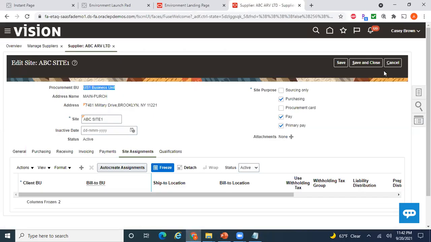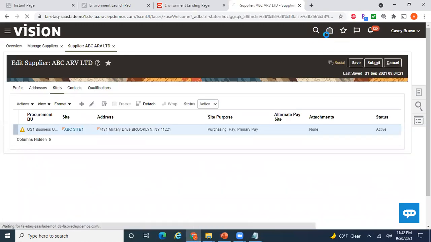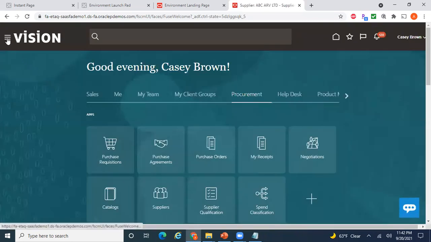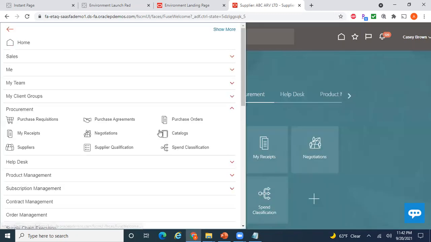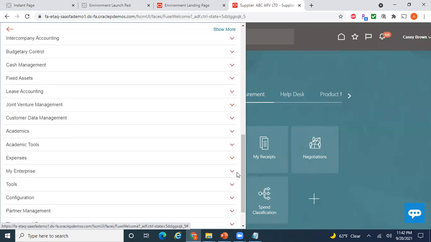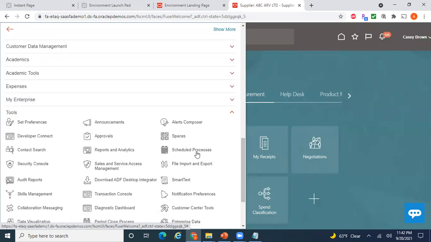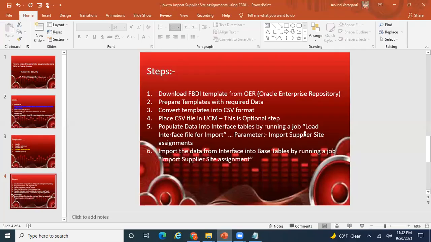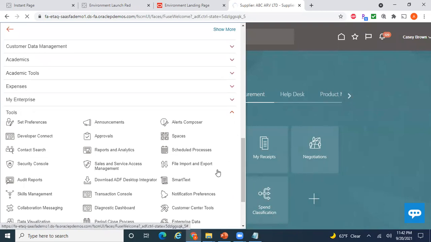Populate the data into the interface table by running the job Load Interface File for Import. So let me cancel this. Go to Tools, Schedule Process, and search for the program Load Interface File for Import.